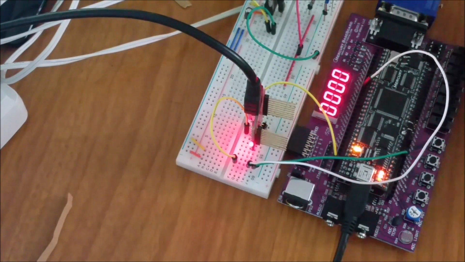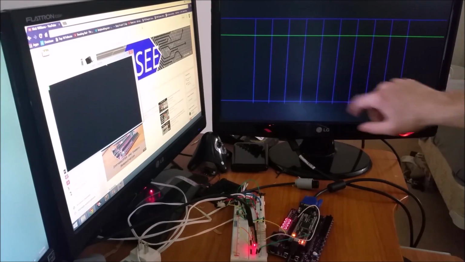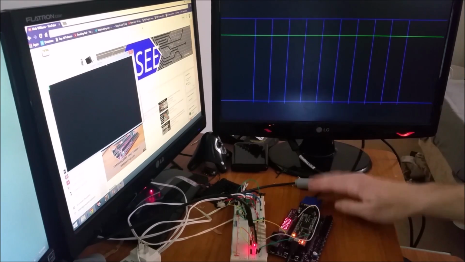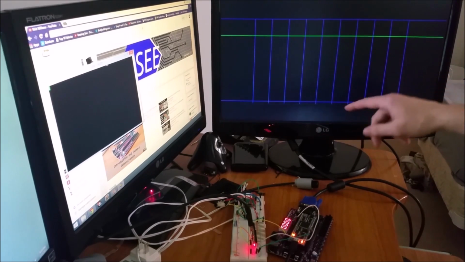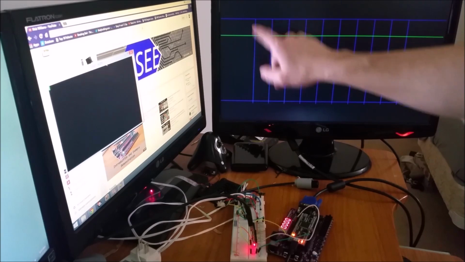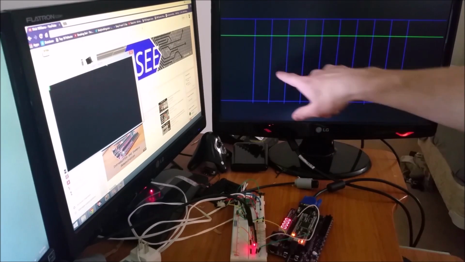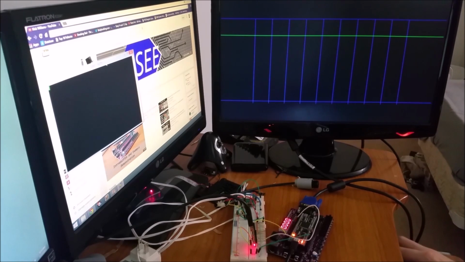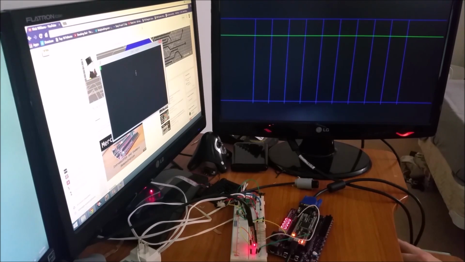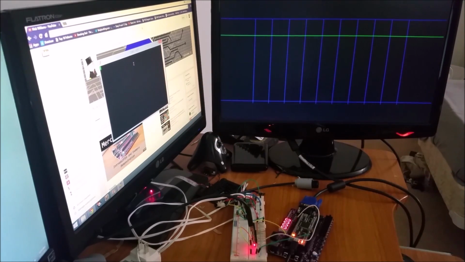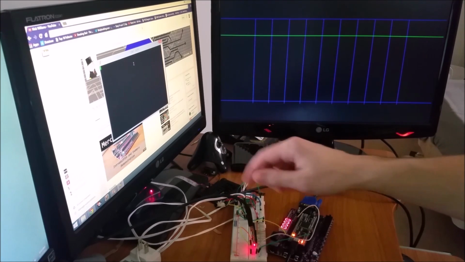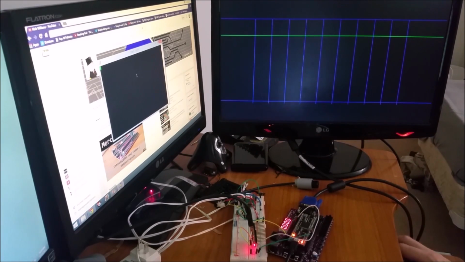And let's take a look at the VGA monitor. Alright, so you can see the VGA output coming from the Mercury baseboard. And I have 10 blue horizontal grid lines that I hard-coded. Those are going to denote the start and stop bits and the 8 data bits in between. So I have PuTTY open right here on my computer, and it's opened on COM7, which is this FTDI chip. And on my keyboard, I'm just going to type in the spacebar,